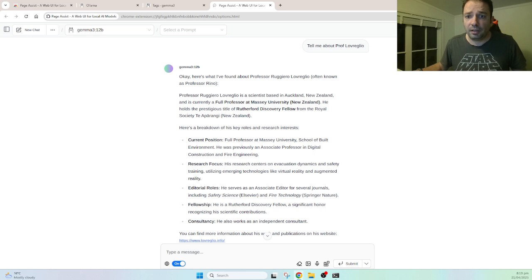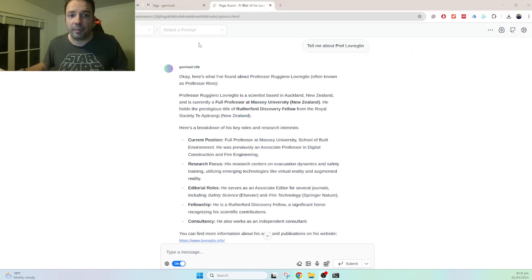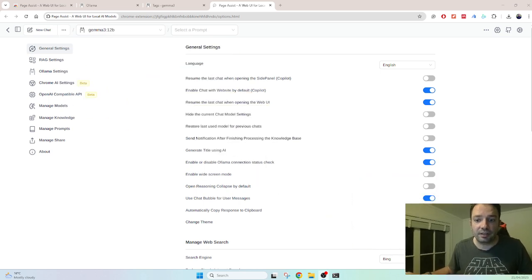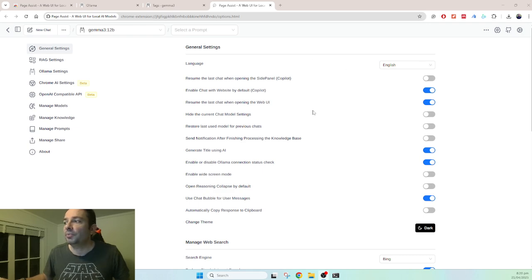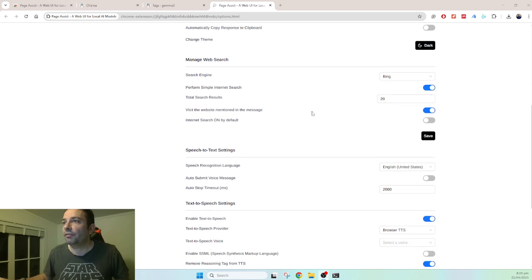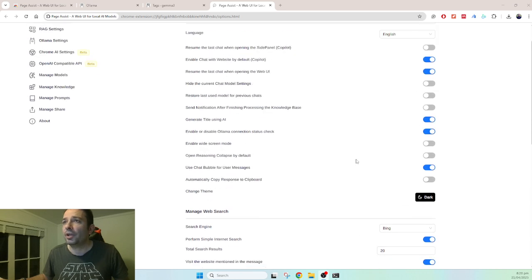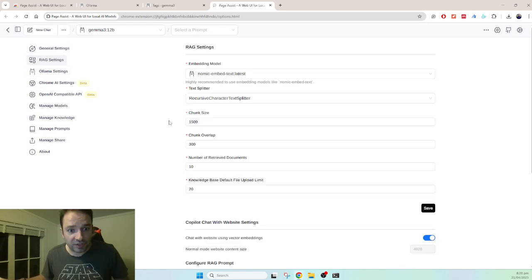The other thing that I really like, let me move myself because we need to go on this side, is the settings of this platform. Let's move myself out of the way. You can see that here you have the possibility to do really nice configuration. It's really important to set up your RAG configuration because whenever you use the web, it needs to process all the information to make good use of it,